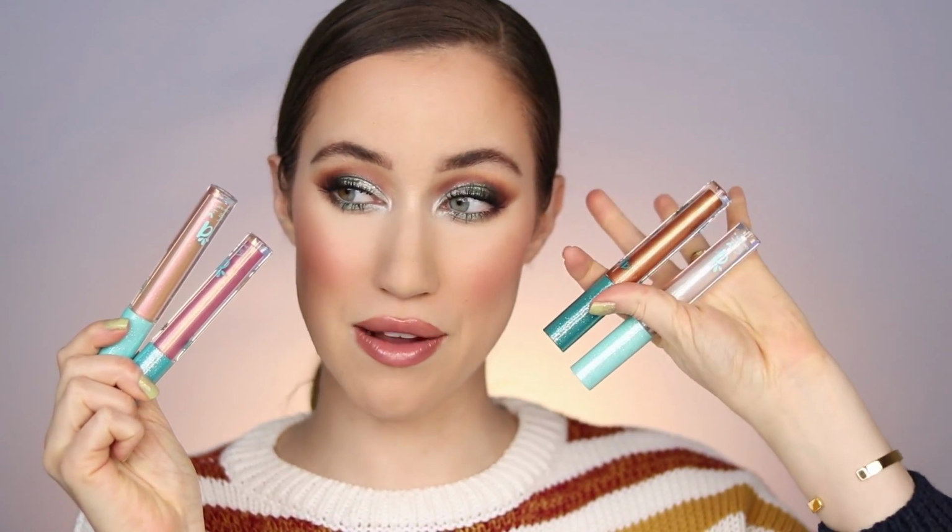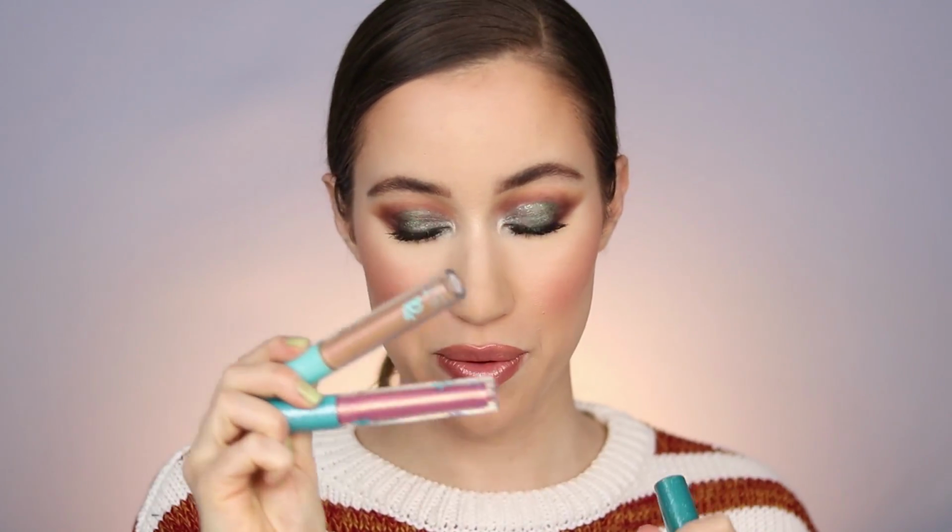I really love this one that I wore today in Corazon, and then I'm also so excited about this pink one, which I kind of want to apply right now. It's just so pretty. That's so pretty. Yeah, so I definitely like these two shades the most. I'm excited about these as well, but if I were to recommend two to try out, it would be these two. The concealer, you guys, I don't remember loving it as much as I am today,